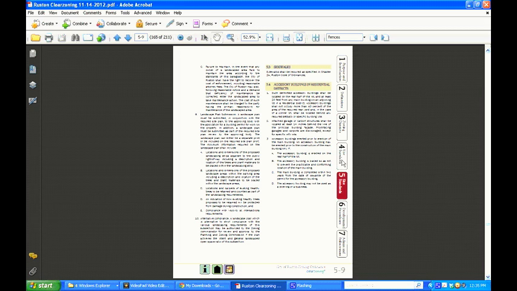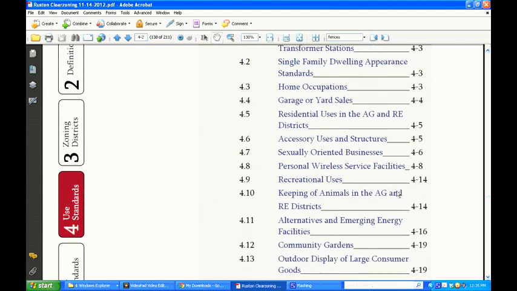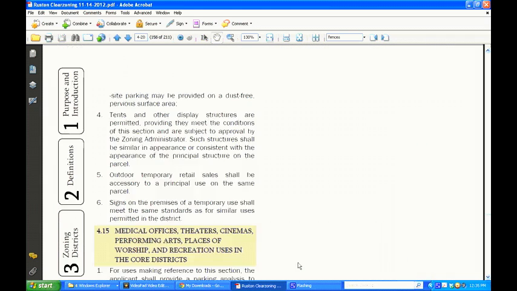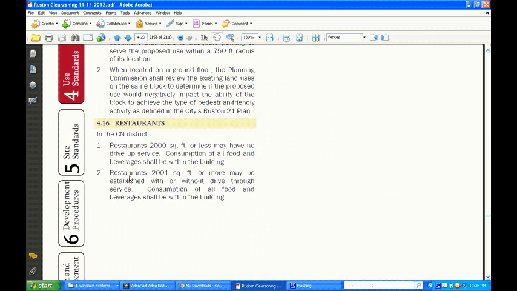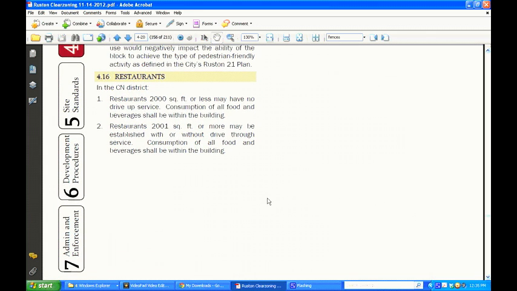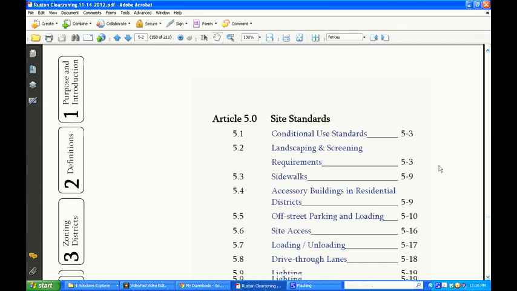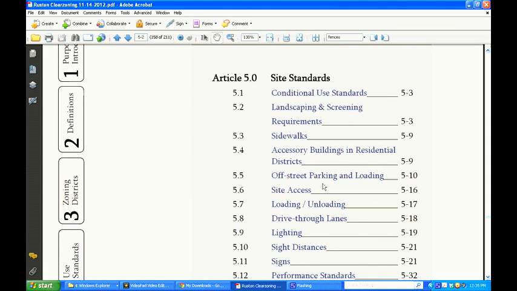Now if I want to go to use standards, this lists all the specific standards associated with individual uses. So if I was interested in a restaurant, I could go here, scroll down on the page, and all the restaurant information related to that particular use I can find at this location. Let's go over to the Site Standards tab. The Site Standards tab provides information that you need for site development, particularly understanding issues such as off-street parking, landscaping,